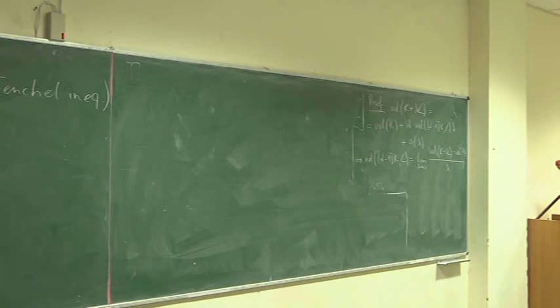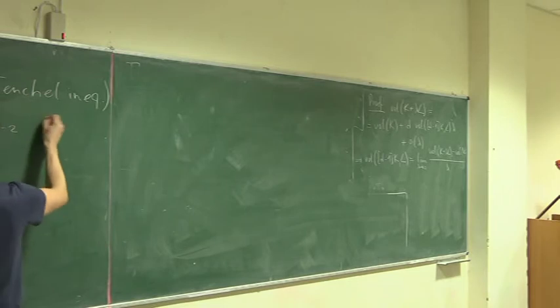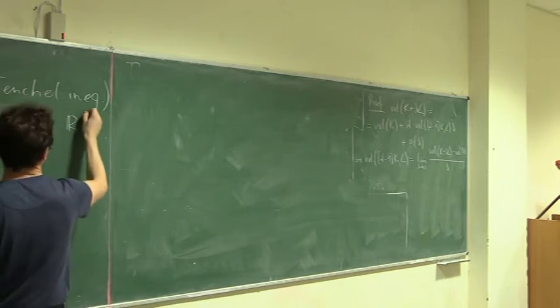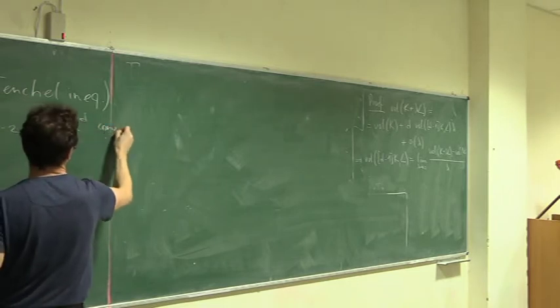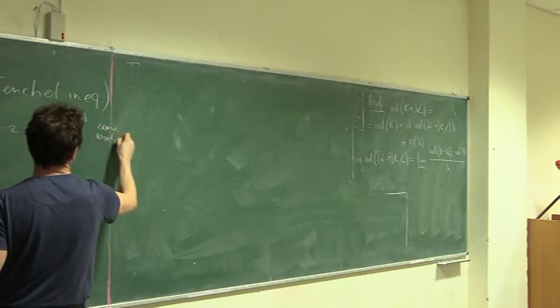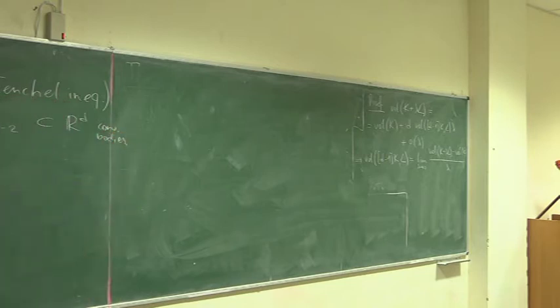So let K, L, M1, and so on up to M(D minus 2) be convex bodies in R^D. Then the following holds. If you take the mixed volume of K, L, and all these Mi,